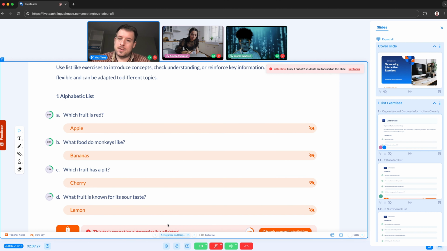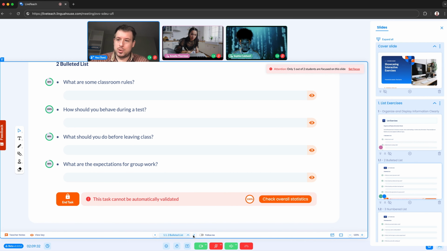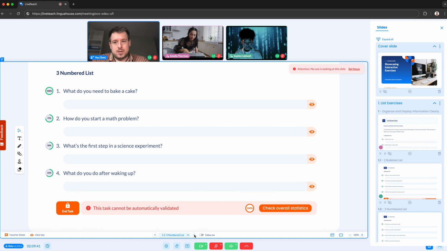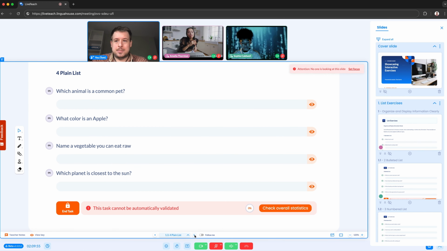Now, moving right along, we've got the bulleted list, which uses bullet points to structure questions, making them easy to read and follow. Next up, we've got the numbered list, which arranges items in a numbered sequence, making it ideal for tasks that require a specific order. And lastly, for this category at least, we have the plain list without labels or markers, perfect for a clean,